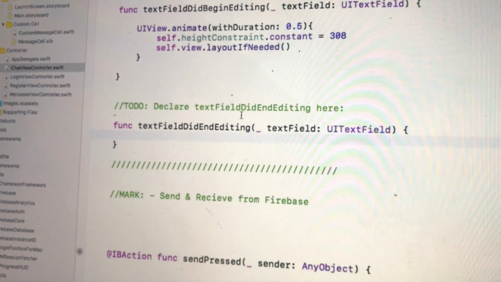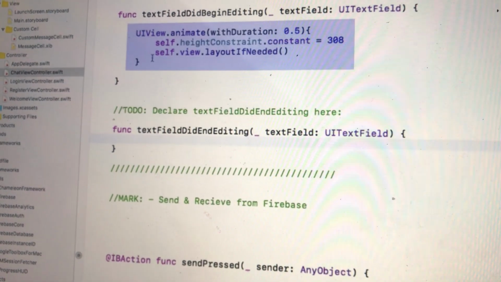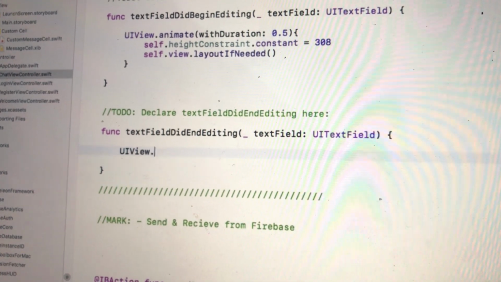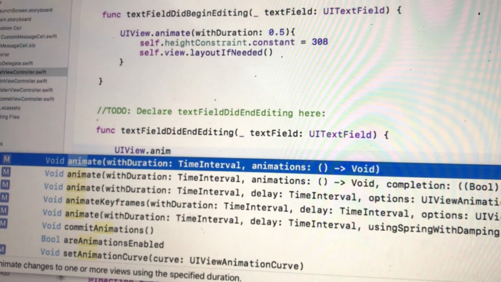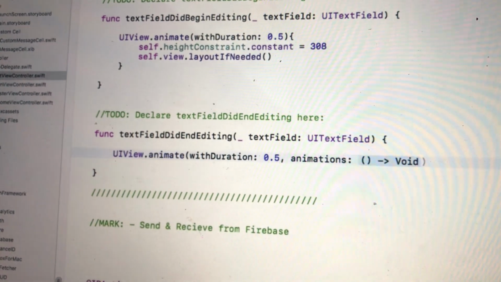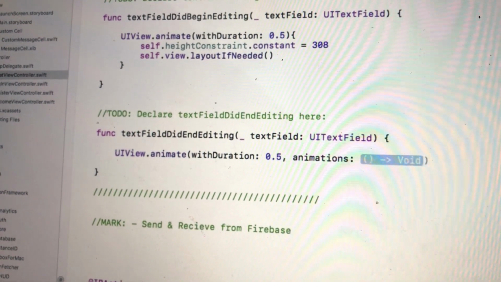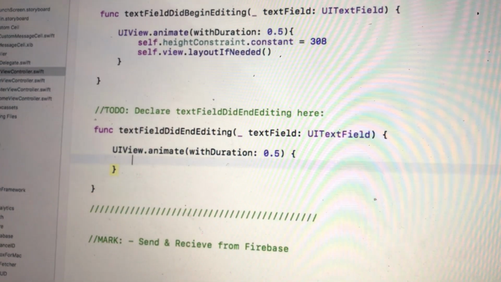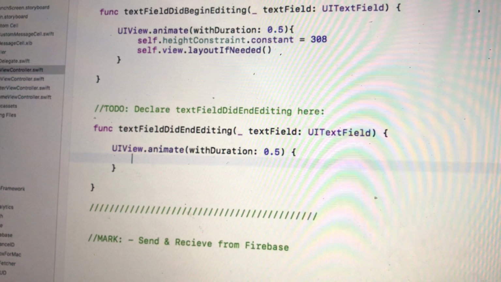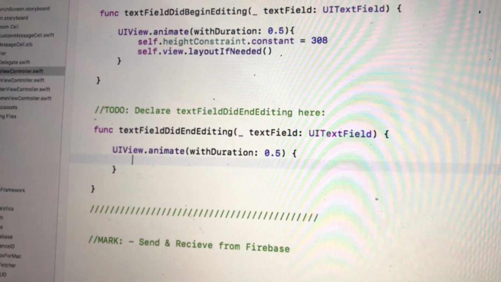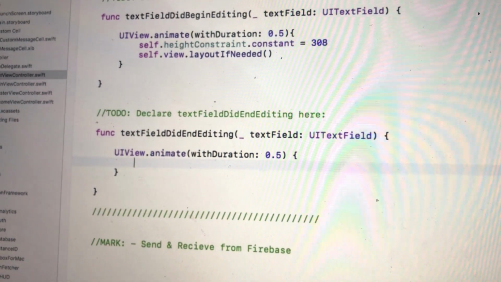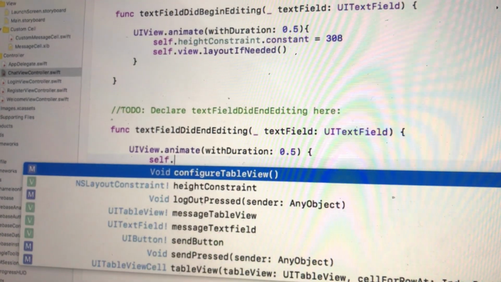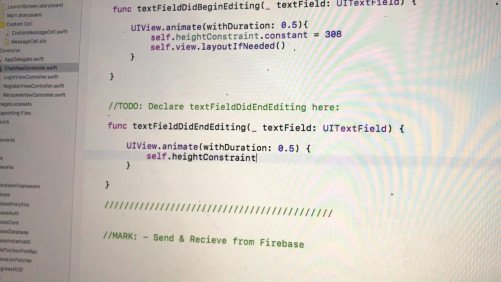Okay, so the code is going to pretty much mirror what we wrote up here. And all we're going to write is UIView.animate with duration, and we're going to keep the duration the same, half a second. And the animations are going to be written the same way. We're going to have a trailing closure that includes all of the animations. So the thing that we want to animate is the reduction in the height of that view. So again, we're going to write self.heightConstraint.constant